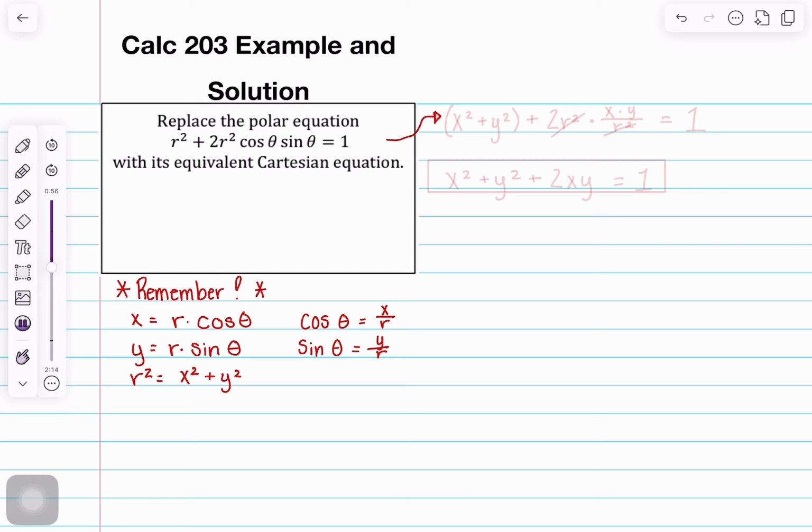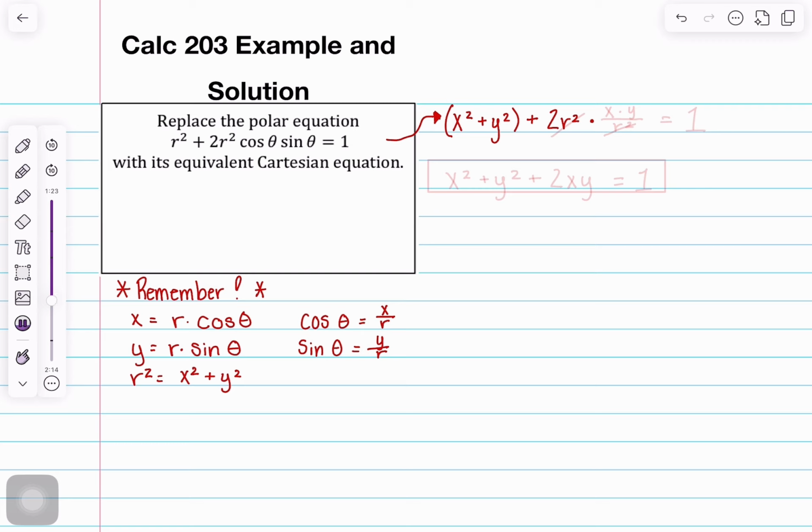So I'm going to go right here. We know that r squared is now equal to x squared plus y squared. This is my r squared. So then we're going to add 2r squared. Now, I just suggest leaving this alone. We could change it to x squared plus y squared, but it would be easier to leave it alone for now. And then we are multiplying this by the cosine of theta times the sine of theta,